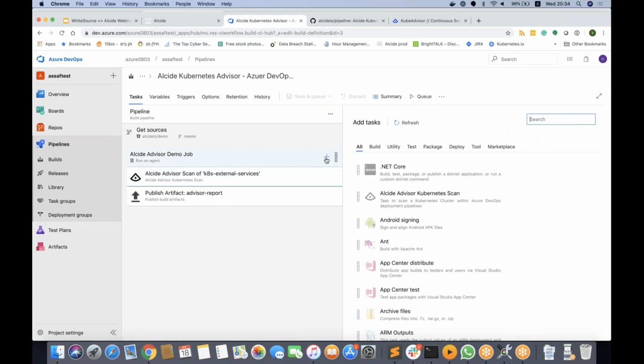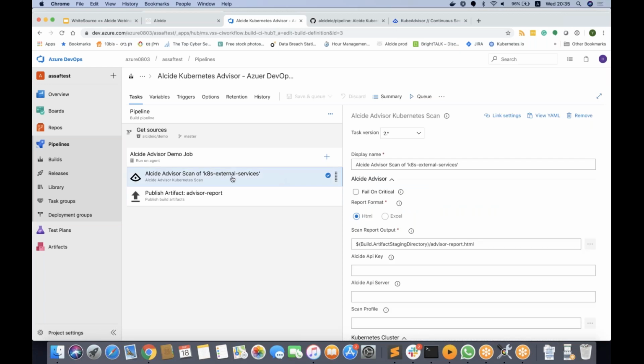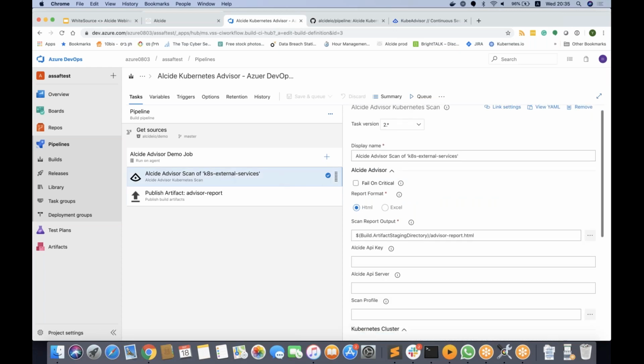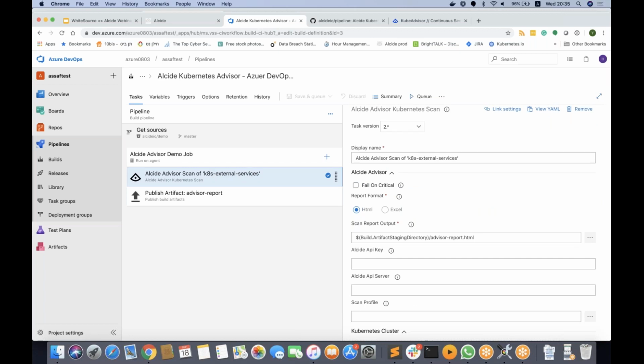One example that I'd like to show you is the Azure DevOps integration. So using our out-of-the-box integration, as you can see here, if I click the plus sign, you can quickly choose the Alcide Advisor Kubernetes scan and add it to your pipeline. Once you do that, you'll get it as a step like here, and you can nicely and quickly configure it to scan your